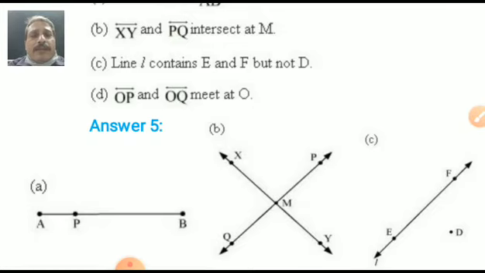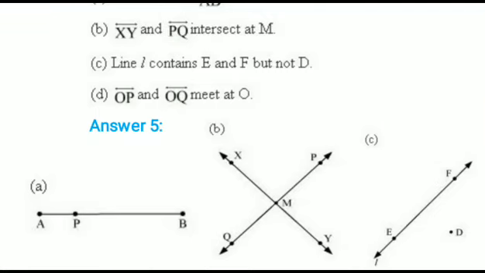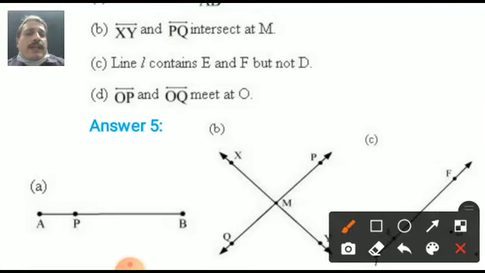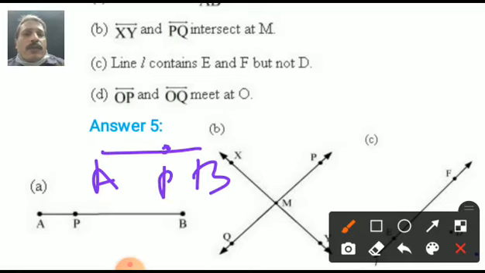Line segment AB, in between there a point P is lying. Some students asked me in the last session, sir, can we write P nearby B? Why not? Some students will ask, sir, sorry, this is my AB, can I write P here? Why not? P is lying on AB or not? Correct answer.